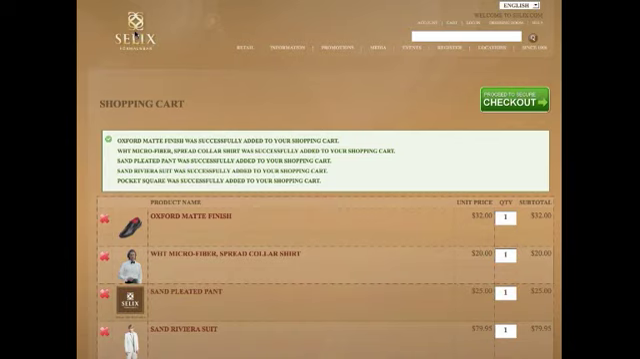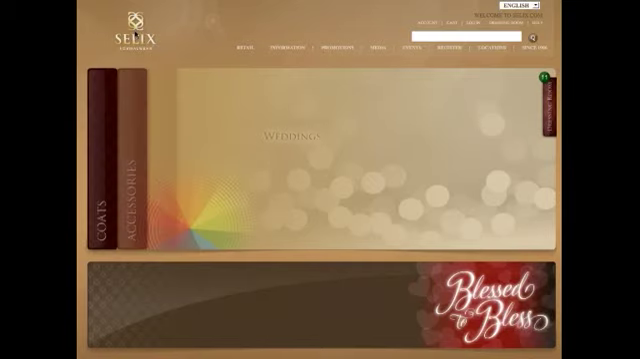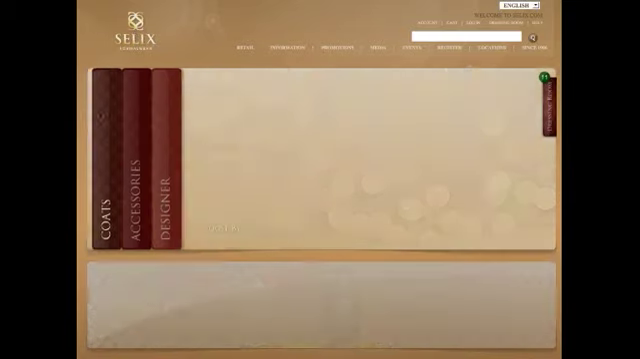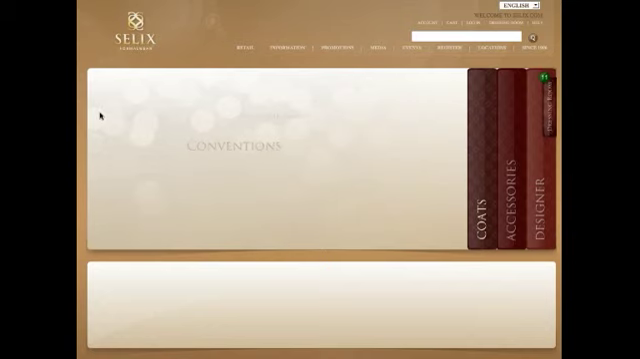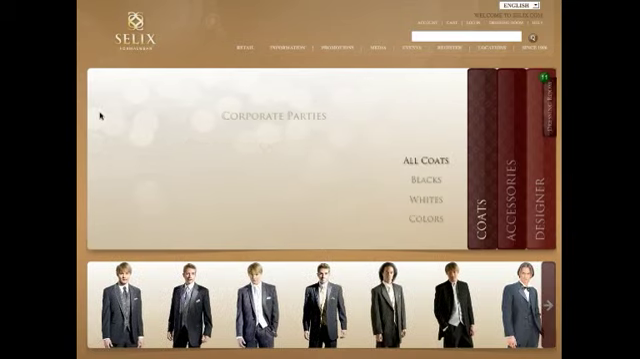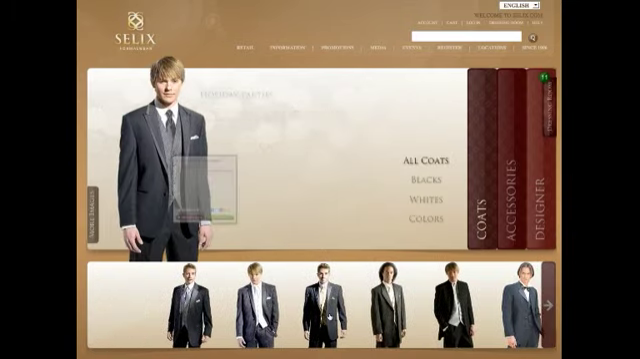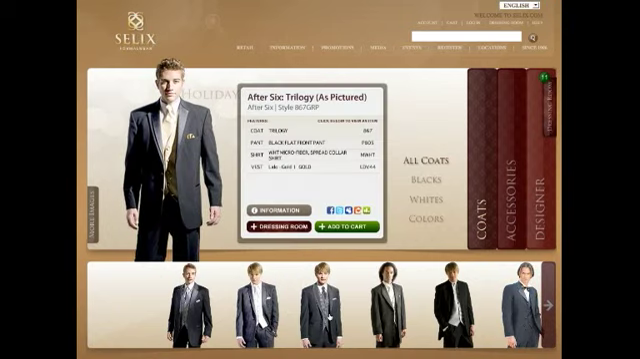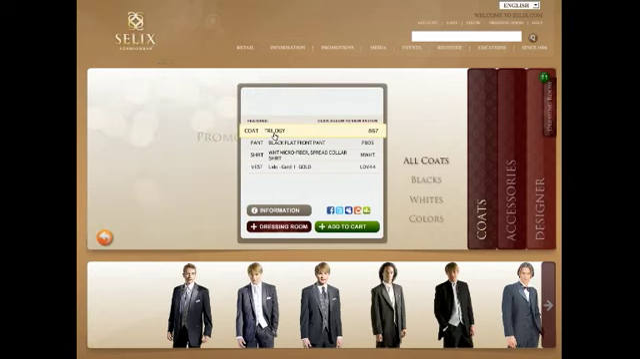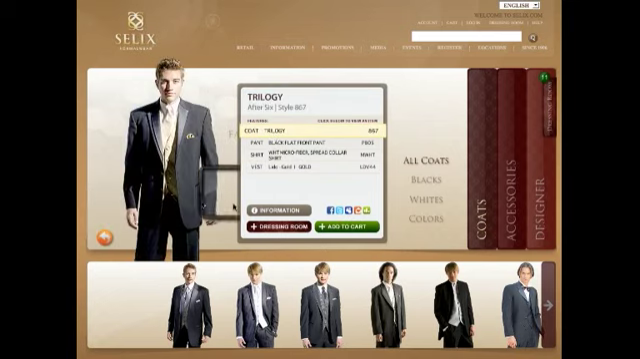But you know what? I added those items to my dressing room, so I'm going to go back home, and I'm going to go back to the coat section. So I want to find a couple more options. I'm thinking a black suit, so this one caught my eye. I like this suit, but you know what? I don't necessarily like the yellow vest because I'm not going to do yellow. So I can select on just the coat itself,